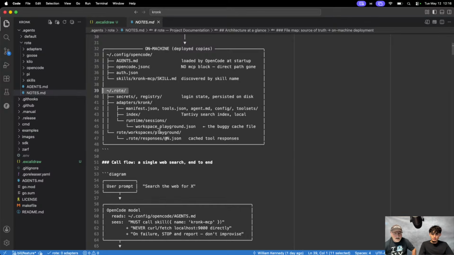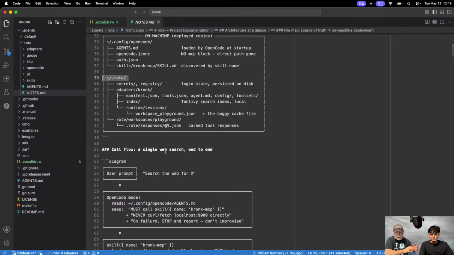Okay. And then you're going to have, in some terminology in rote, what's called a canvas. In others, it's called a workspace. I've decided to use the workspace name right now, primarily because that's what we're going to see on disk. And it's these workspaces that basically crystallize the activities that you're doing. So you'll create different workspaces. I'm just creating one big workspace right now called Playground. But ideally, if you know that you're going to have this do something that you want to crystallize, then you can create a workspace around it. And this is some of the things that we're going to be looking at, down here.